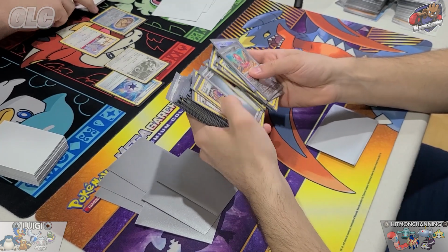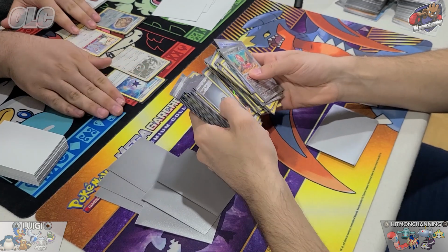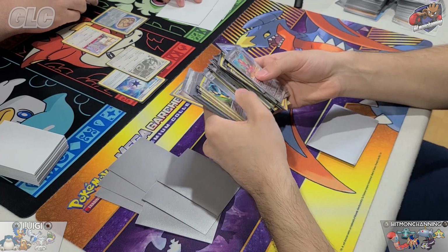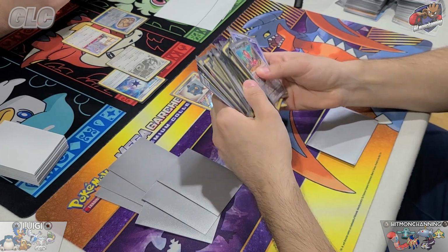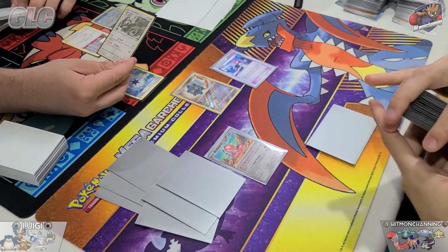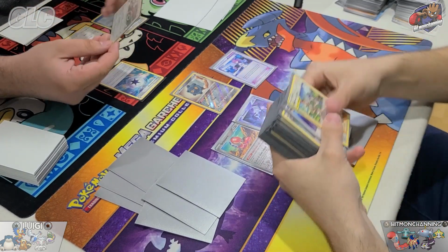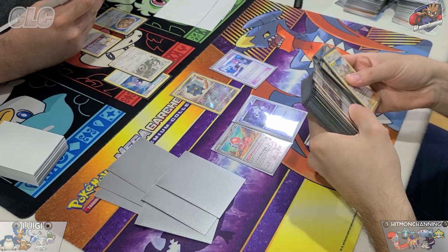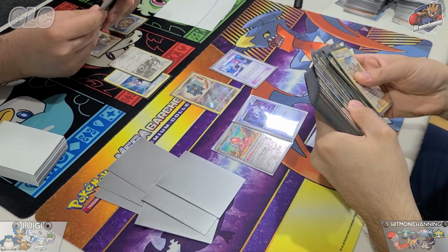Yeah, I'm going to need to plan very carefully around this Tornadus start. Tornadus for 1 energy does 30 and then discards a special energy from your opponent's active, and for 3 energy does 120, but I have to discard an energy from him. So I'm going to start by grabbing those 2 fellas, and